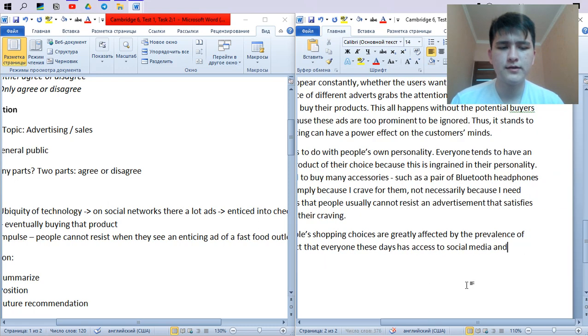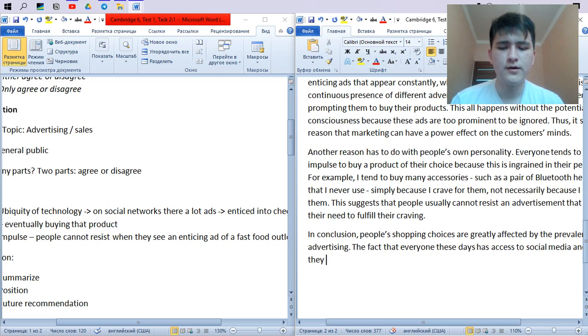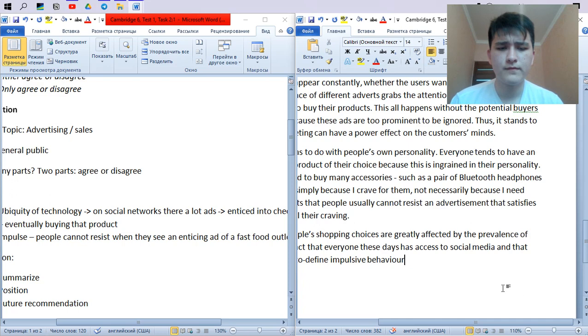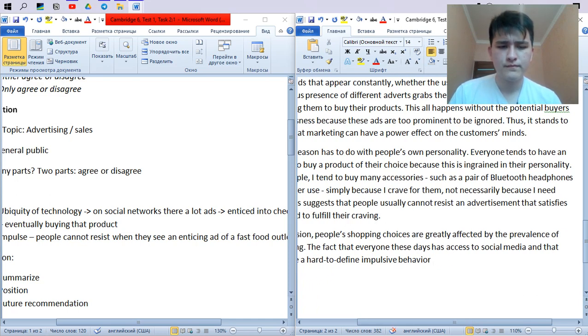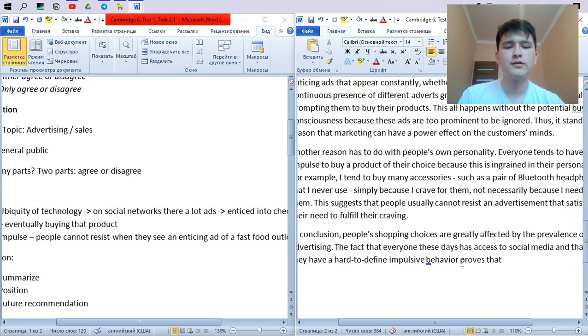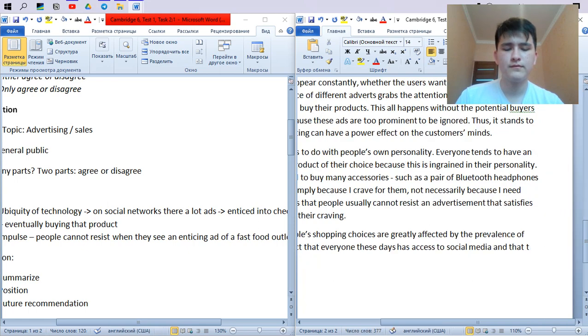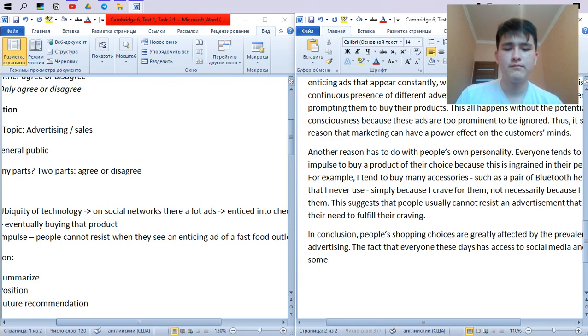The fact that everyone these days has access to social media and that they have a hard to define impulsive behavior proves that... okay, the fact that everyone these days has access to social media and that they have a hard to define impulsive behavior, let's just say, and that some may have a